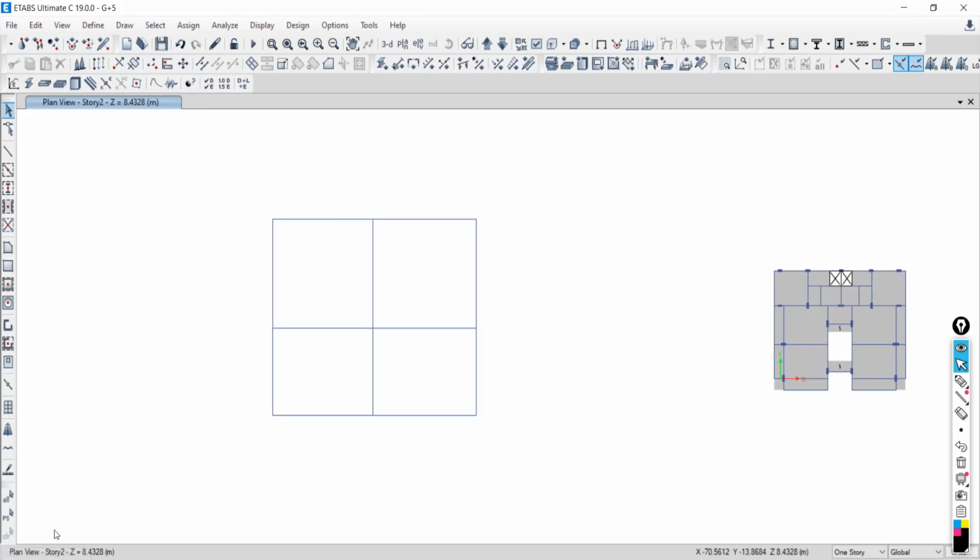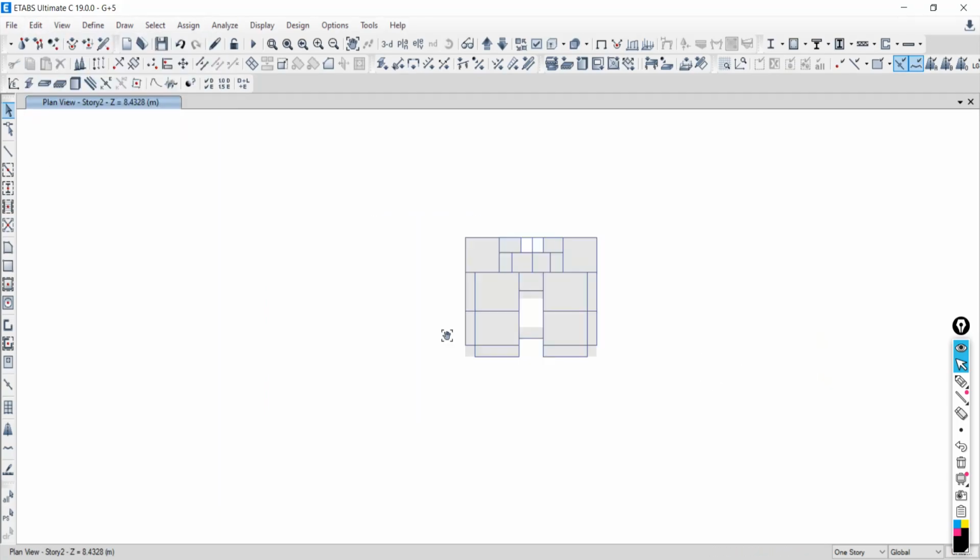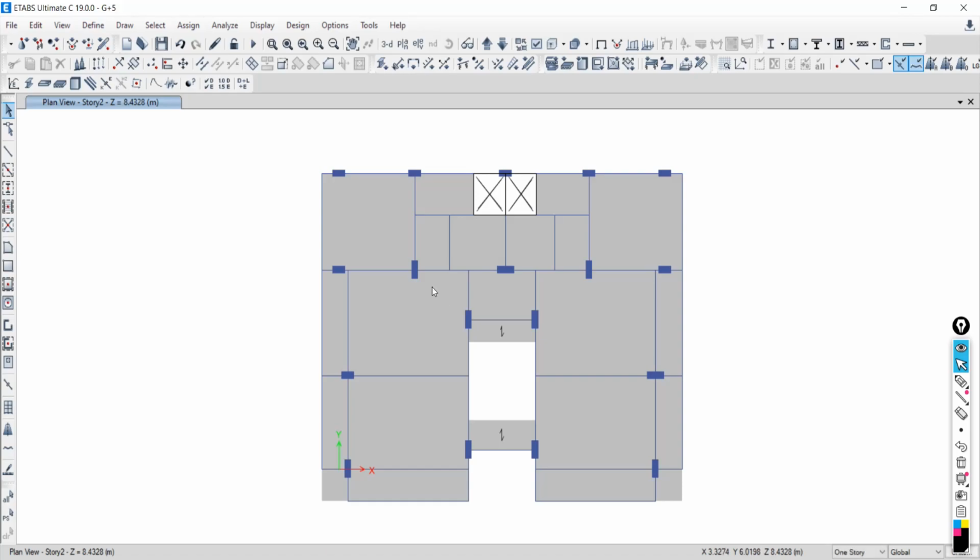See, if you want to delete anything, first select it by many methods, either by individual selection like this, or by dragging from right to left, making sure all the elements you want to select are inside the box. Then just click the cross, delete in the quick access bar, or you can find it in Edit, Delete. This is done. Now coming to this part, what is the application of the move command?